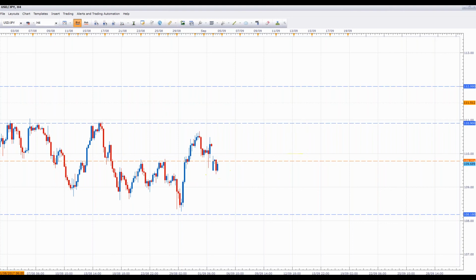So that's something just to note on the basis of the North Korean problem. However, going back to the US dollar Japanese yen, we are still looking at this pattern here, which is a continuation pattern to the upside. Now we've pulled back and we gapped below the key area of resistance over here. So what we really want to see in the US dollar Japanese yen is for price to start trading back above this resistance area. And if we can get back above it, certainly if we can break out of this trend line, we're going to be looking to initiate longs in the US dollar Japanese yen.